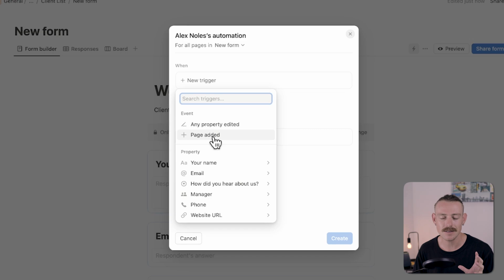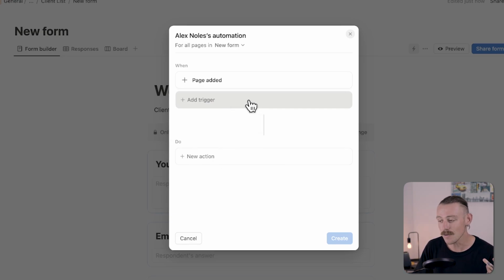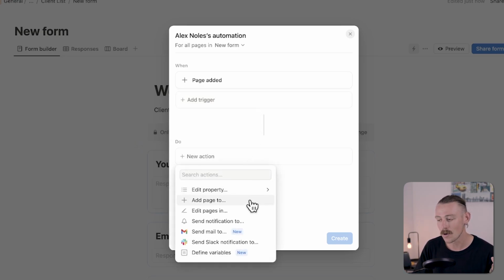Now we can't directly select when the form is submitted, which is a limitation. Anytime that you do make edits in the database on the back end, it will also cause this automation to begin. But perhaps you have a new client intake form and you have your project tracker living elsewhere on Notion. You could set it so that when a new page is added, a new submission, not directly, but a new submission occurs, then we can set an action to occur,